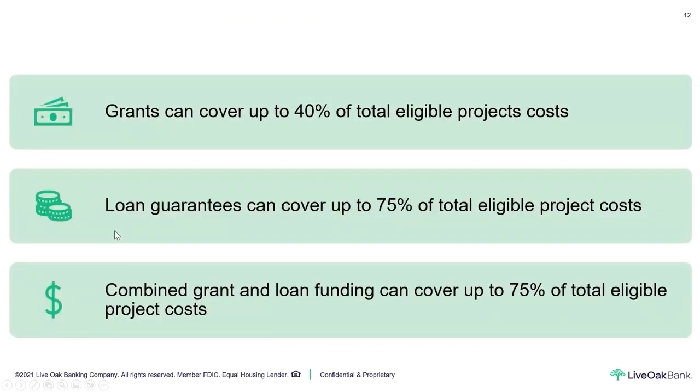So I'll talk a little bit about grants here. Although we don't get as involved in the grants, we may do some combination loan and grant applications. And Rashi and Abu can work with you on your grants with the combination with the loan that LiveOak could possibly do. So grants can cover up to 40% of the total eligible project costs, and that's an increase under